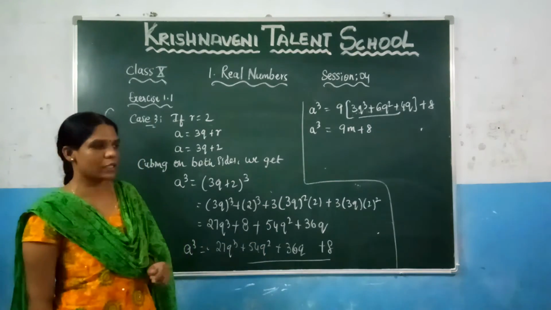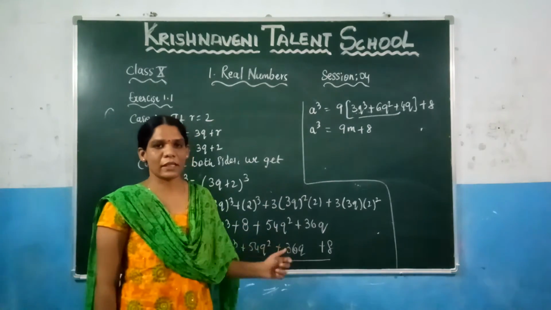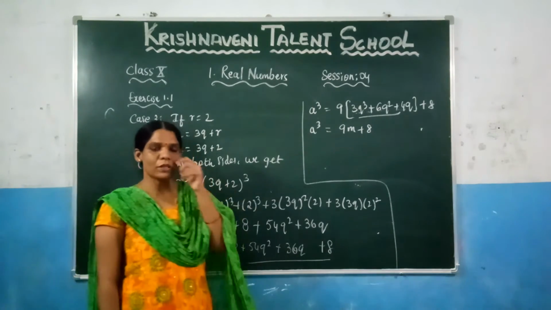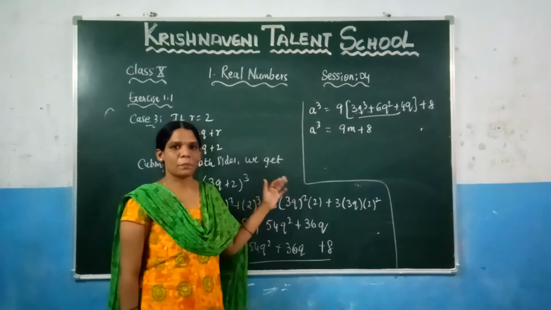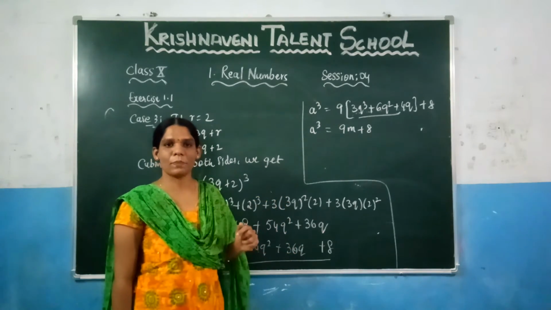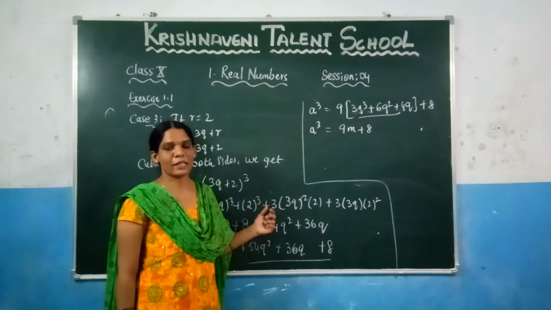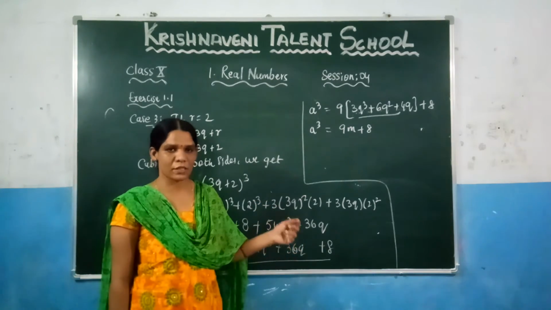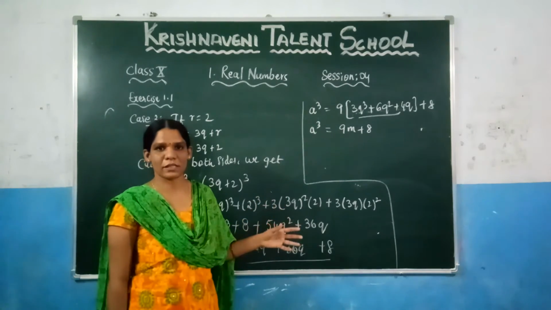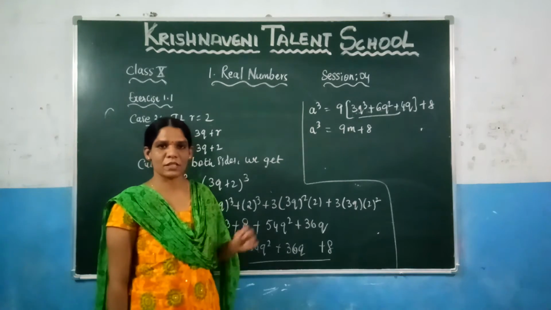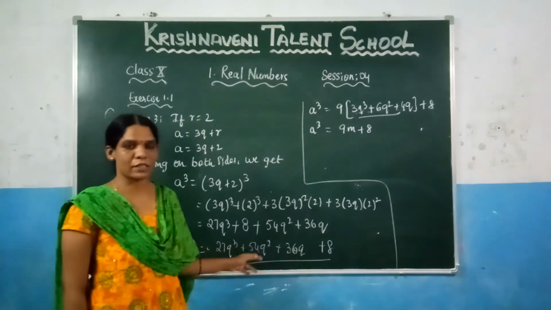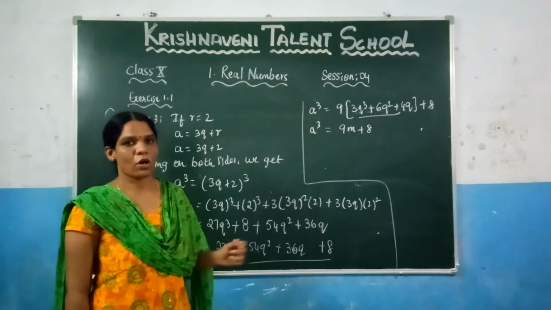What we have done here, since we have to use Euclid division lemma, to apply Euclid division lemma you need to know two integers. So let a be the one integer, and based on the question we have chosen the value of b as b. Since we got two integers, you can apply the Euclid division lemma, so that you can write it as a is equal to b cube plus r, where 0 is less than or equal to r less than b. Since in this case we took the b value as 3, we got three cases for the remainders, which is 0, 1, 2, and based on those conditions we have proved here the cube of the positive integer is of the form 9n plus 1 or 9n plus 8.